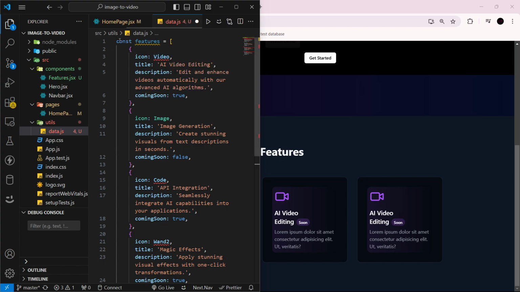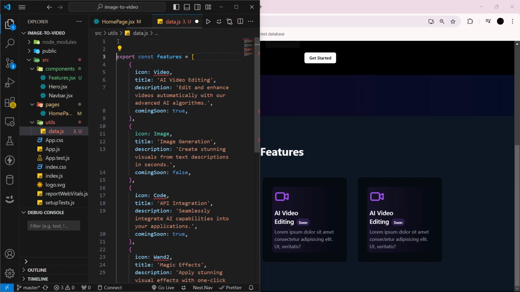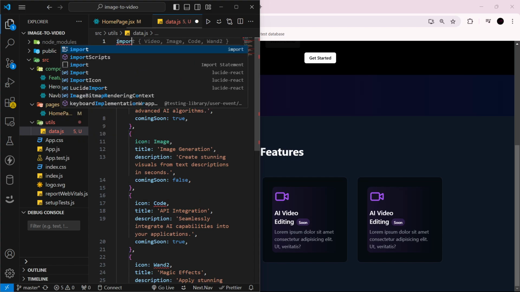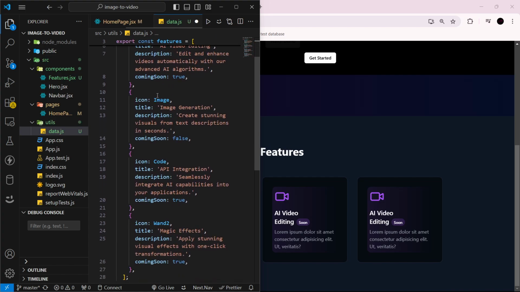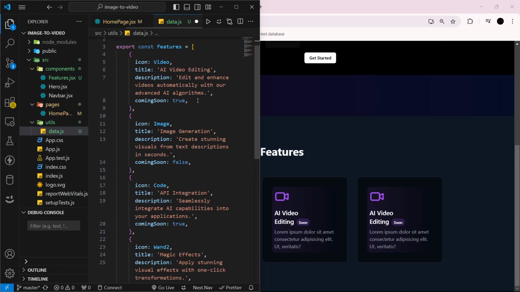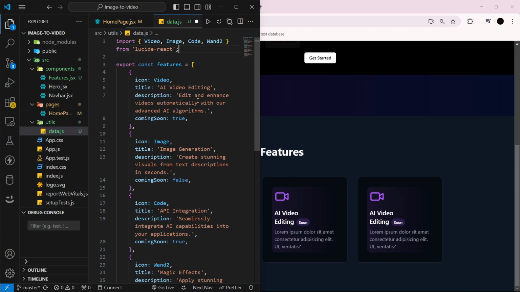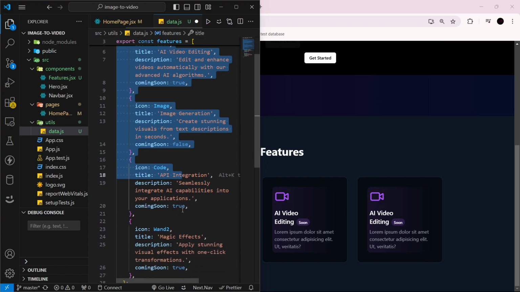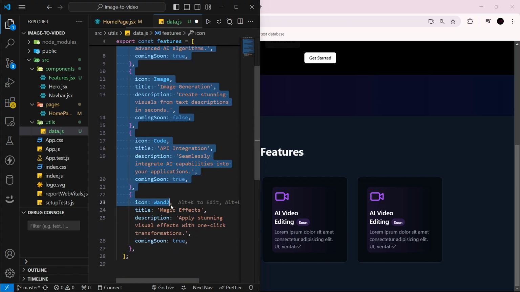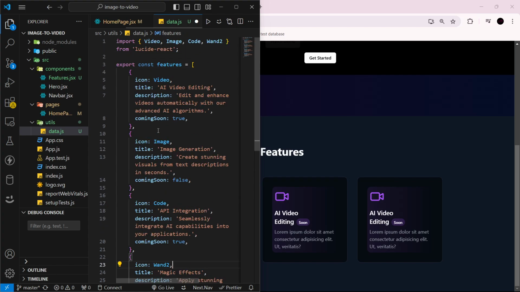Here what I will be doing is export fonts features. I'm going to put all these things, import video, image, code, and all these things. I have imported this. So this is the actual data in the website. I have copied that part and pasted here, in data.js, inside the utils folder. Now I am exporting this thing, right? So that I can use it